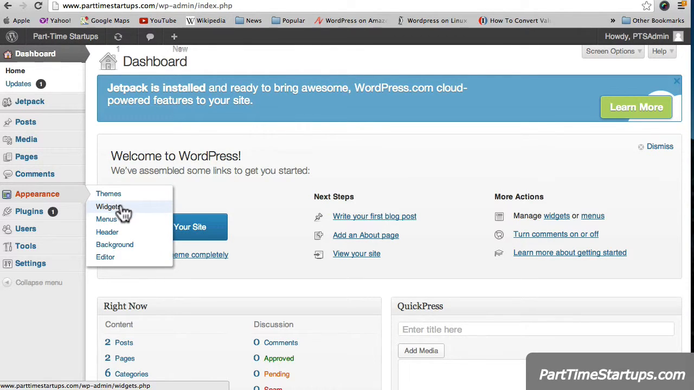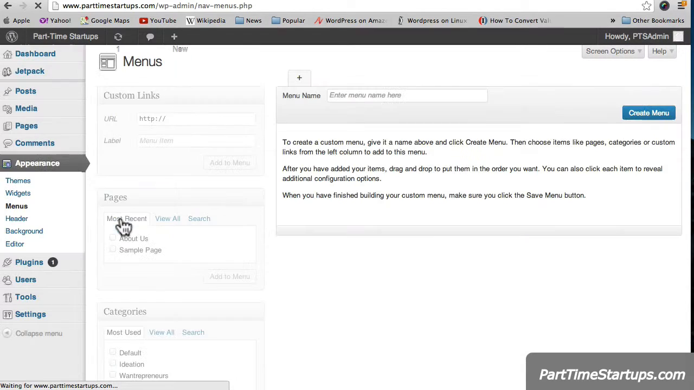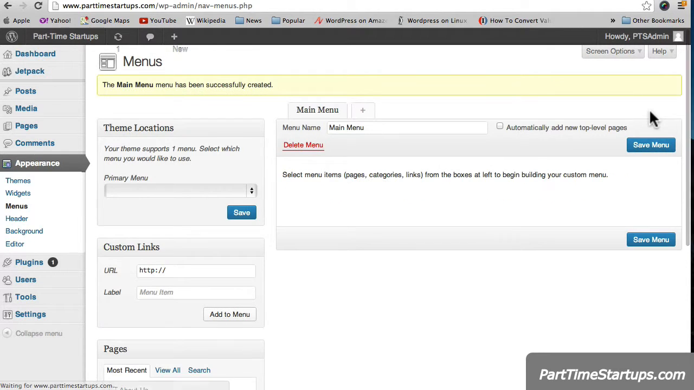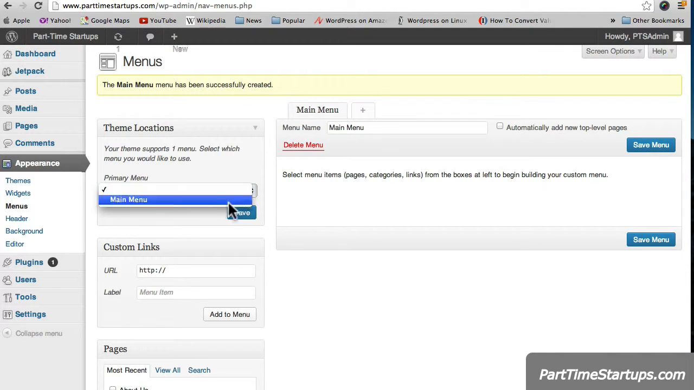I select the menus over here. And now by default it's saying that if you want to use the custom menu, create a menu. So I can call them my menu and say main menu and say create, and then primarily I want to use this menu. Select this, save,